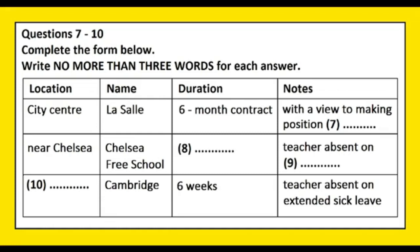CAMBRIDGESHIRE. And the school simply goes by the name Cambridge, though it's not in any way related to the other more well-known establishment of the same name. I was just going to ask that. What a lovely location, though, eh? Yes, but there's a catch. It's only a 6-week contract to cover for someone on extended sick leave. I see. Well, I guess that's ruled out then. What sort of salary can I...